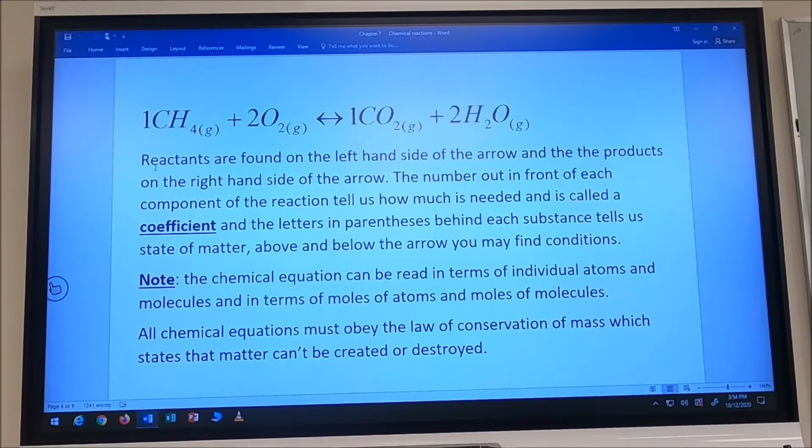Now, when I look at this, one of the things about a chemical equation that we've got to pay attention to, that you don't necessarily pay attention to when you're cooking in your kitchen, is that all chemical equations have to obey the law of conservation of mass, which says, remember, matter cannot be created or destroyed. In a practical sense,